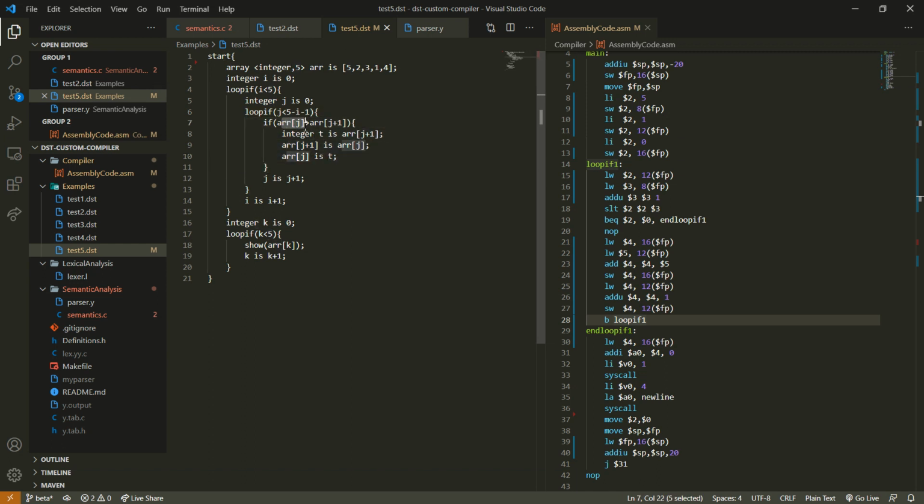If we see some value greater than its successive value, then we will start the swapping. This function is for the swapping process. Here the incrementing happens for the counters, and finally we have another new counter, and we are looping around and printing the values of the array which has been bubble sorted. So 5, 2, 3, 1, 4 will be bubble sorted into 1, 2, 3, 4, 5.